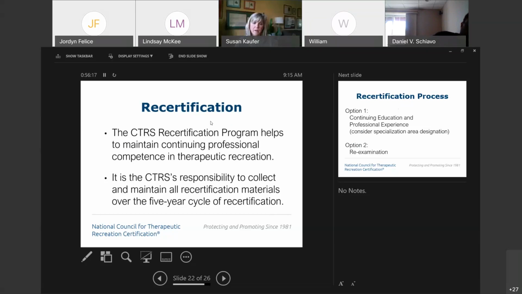So be sure to have a very organized manner to collect your continuing education documentation. With a lot of these online trainings, you're receiving your online documents. So maybe create a folder on your desktop just to store your continuing education material over the course of your 5 years.